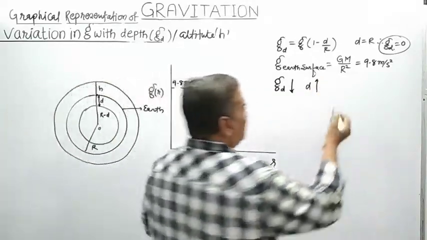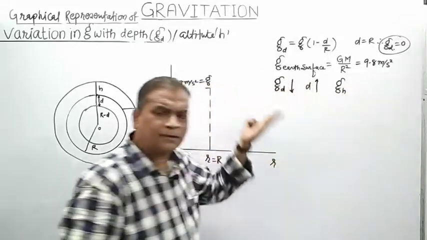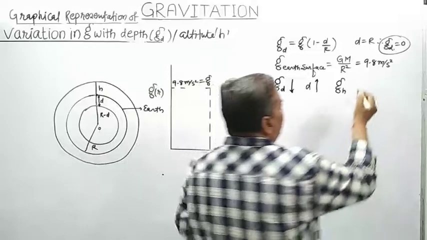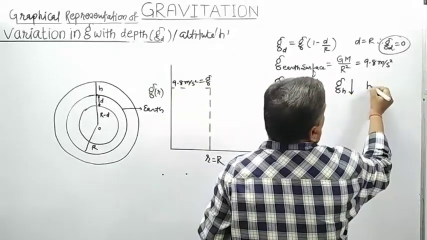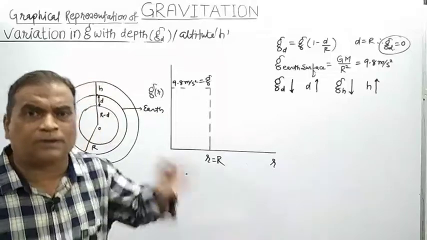The value of acceleration due to gravity acting on the object at a certain height will also decrease when the height of the object increases. Means in both situations,